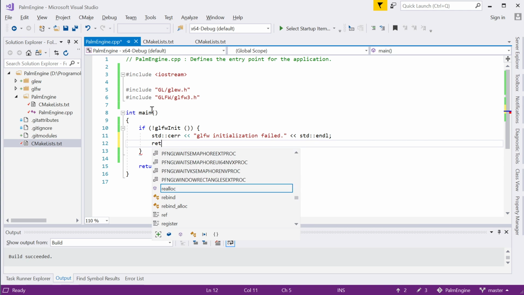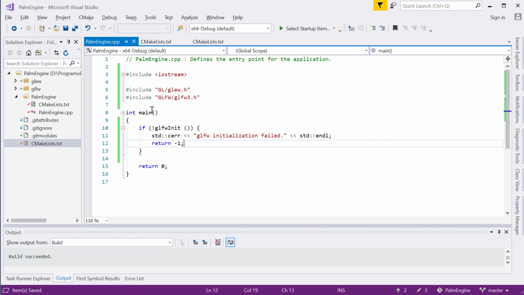Gonna end that line, and I'm just gonna quit the application with a -1 for now. Now, at this point, GLFW initialization runs, and if that doesn't fail, my program is gonna just go ahead and run the lines after it. So let's see what we can do with this. Before I create a window,